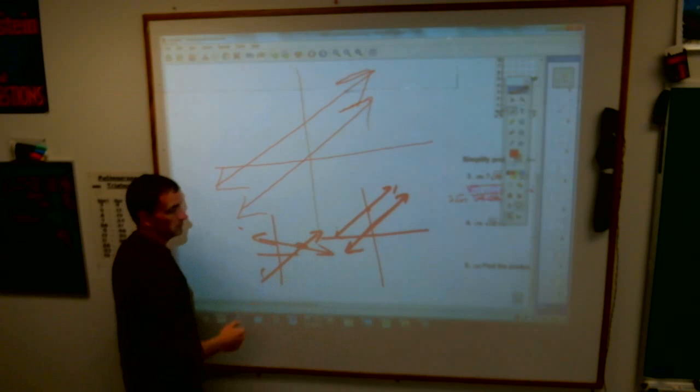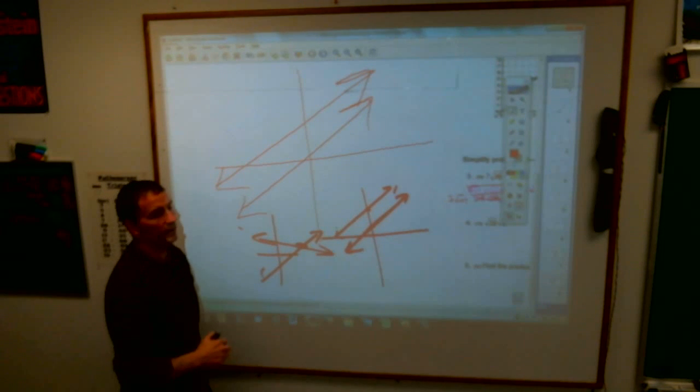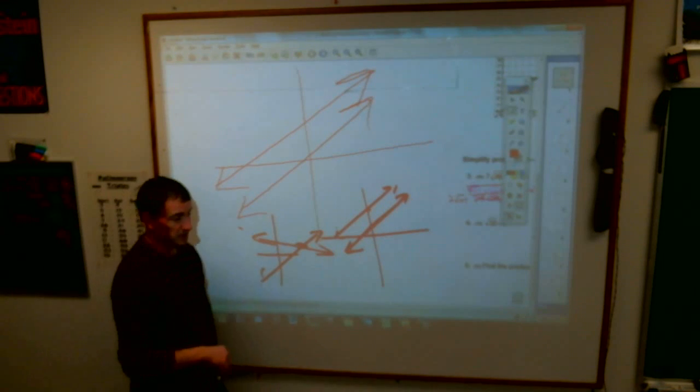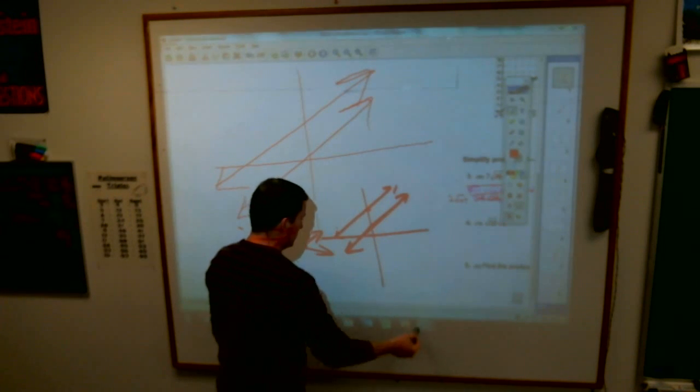That means being moving. You can go backwards. Can speed ever be negative? Can distance ever be negative? Can time ever be